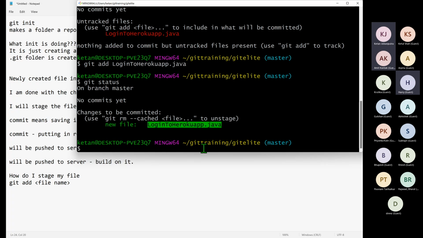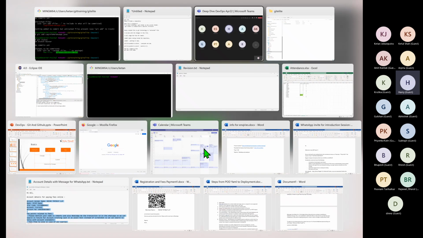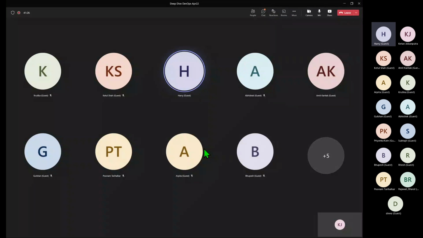Ketan, yes, this is out of topic here. Basically, I'm just comparing your screen with my screen. Okay. When I say git add